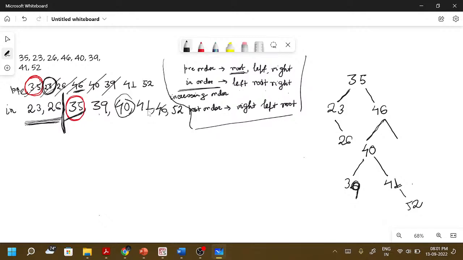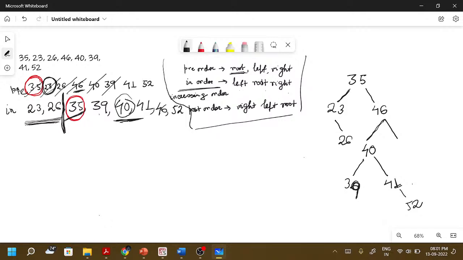So let's go back a little bit and clear our confusion. We found that after 46, 40 is a root because we have 2, 39 and 40. So 40 should be a root. Then 39, 40, 41. Okay, we are correct. So this is another root. Now what we have to see is that after 39,